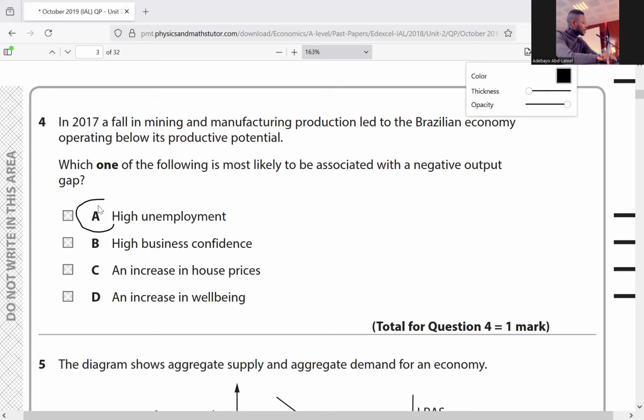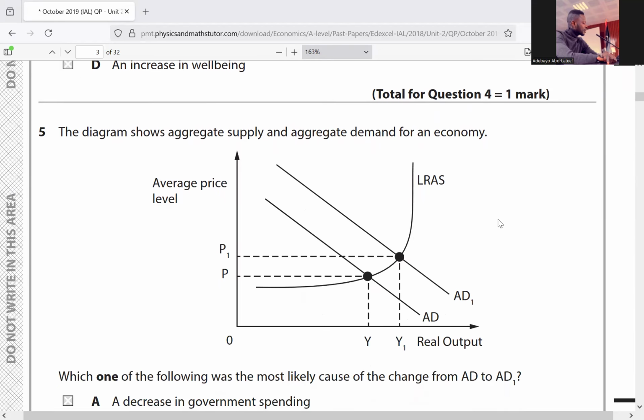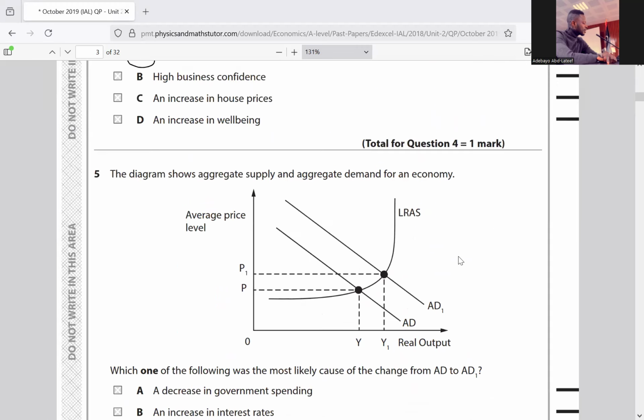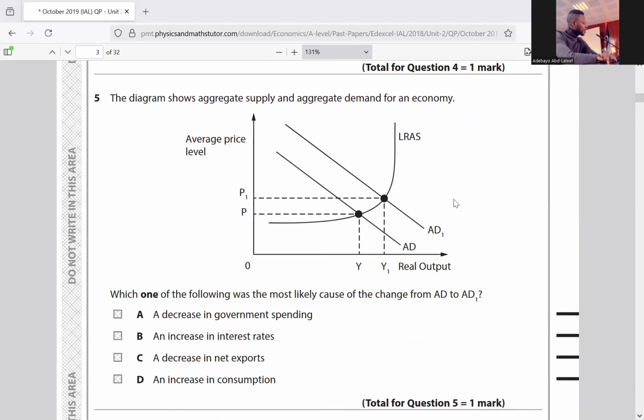Question 4 is A. So go to question 5. For question 5, the diagram shows aggregate supply and aggregate demand for an economy. So we have the aggregate demand and aggregate supply. When we talk about aggregate demand, we're simply talking about the total demand within the economy. So here they said, which one of the following was the most likely cause of a change from AD to AD1? A change from AD to AD1 will simply mean that